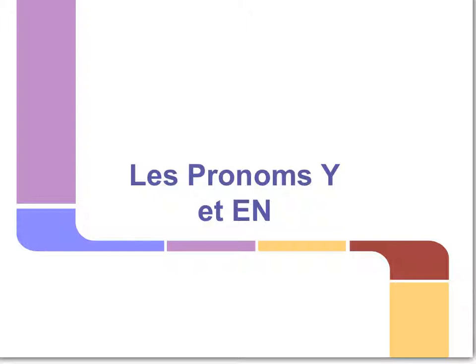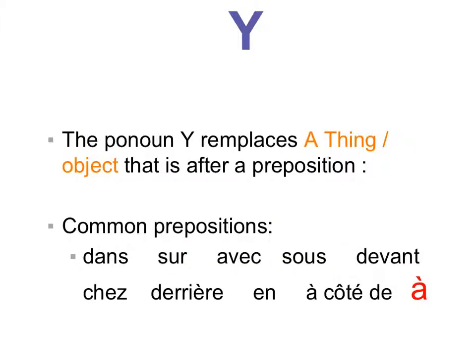So let's get started. Pronoun y is something that replaces a thing or an object that is after a preposition. And you may be asking, well, okay, what is a preposition? Here are a couple of common ones. We've got dans, sur, avec, sous, under, devant, in front, chez, at the home of, derrière, behind, en, à côté